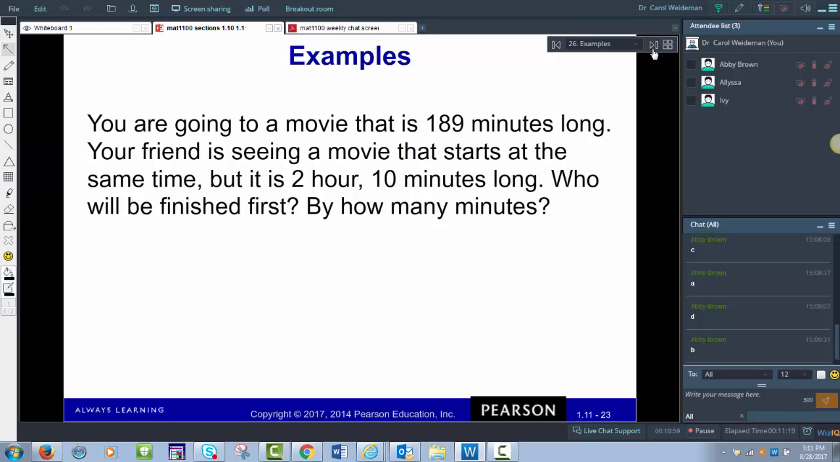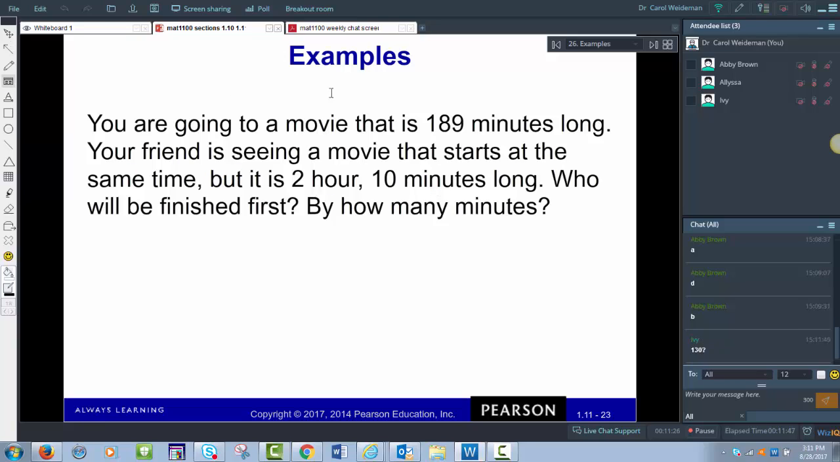All right, you go to a movie that's 189 minutes long. Your friend is seeing a movie that starts at the same time, but it's 2 hours and 10 minutes long. Who will be finished first, and by how many minutes? All right, so I would convert everything to minutes. So if I look at the first movie, it's already in minutes, right? 189 minutes. Your friend's seeing a movie that's 2 hours and 10 minutes, so that would be the equivalent of